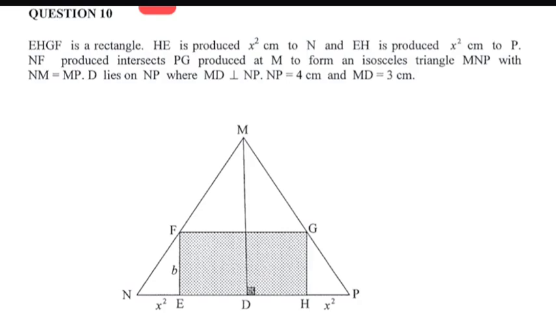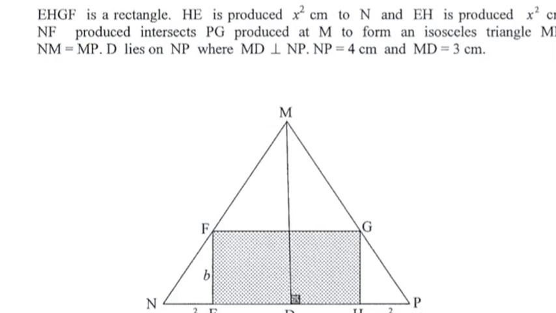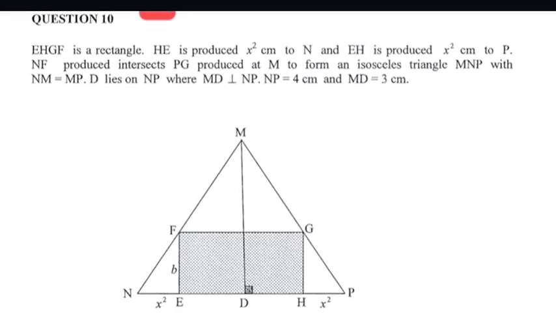I'm going to show you the May/June 2024 question from last year. It's an interesting question. The question says EHGF is a rectangle, so we must remember this shaded area. This is a rectangle. And now the question says